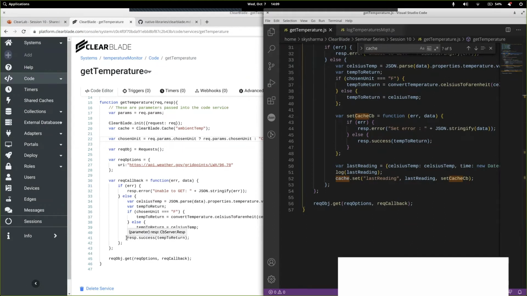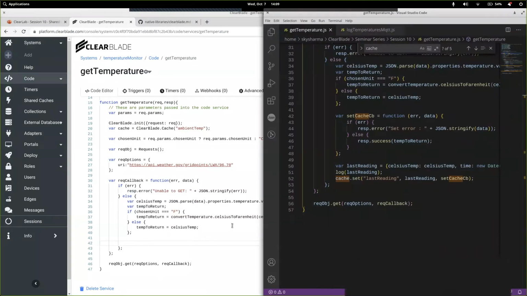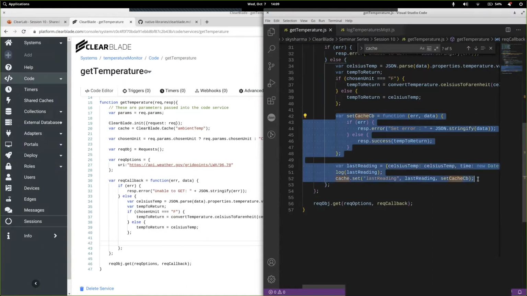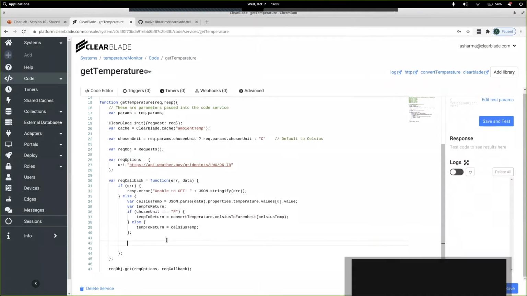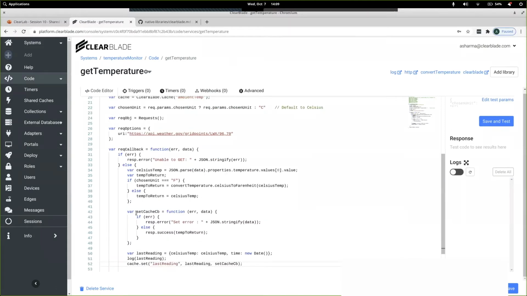And what we're going to do next is go into where we have our resp.success. I'm going to get rid of that. And instead, I'm going to paste this code. All of this is what I would want to execute wherever I have a successful request sent to the HTTP endpoint. So what we're going to do here is we're creating a callback,